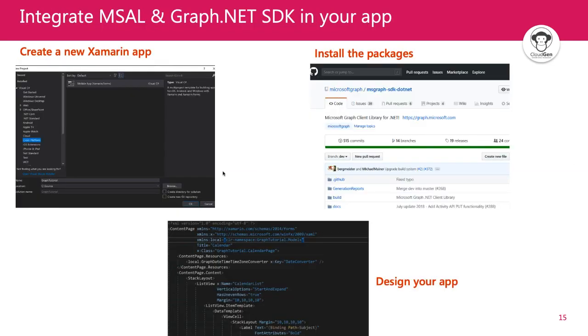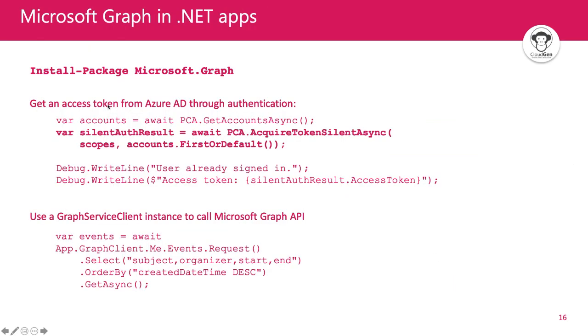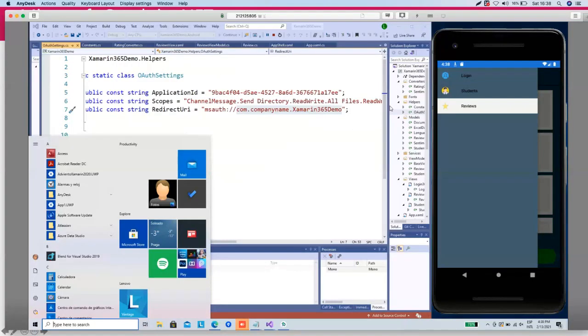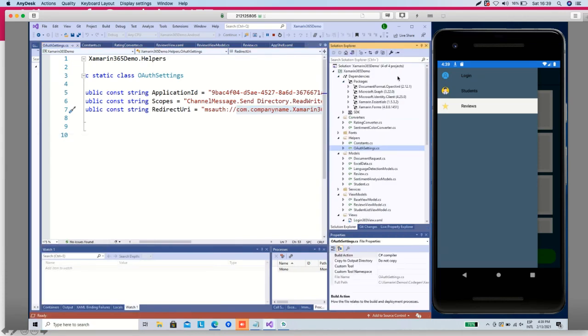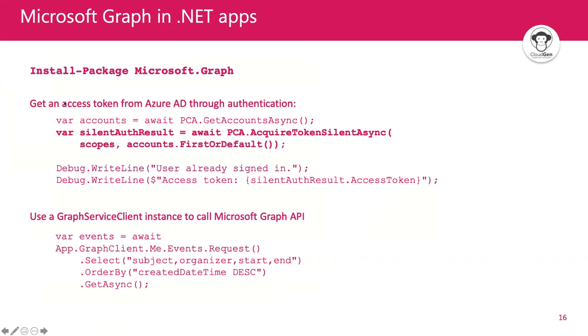So after I do this, I go to my mobile application, I install a package, and then I design my application. Of course, I have already created it. There is a NuGet package, which is Microsoft.Graph, which of course is already installed here. Give me a second. Under dependencies, packages. Yeah, you can see Microsoft.Graph. After that, I can write some code, and this single line, pca.GetAccountsAsync,